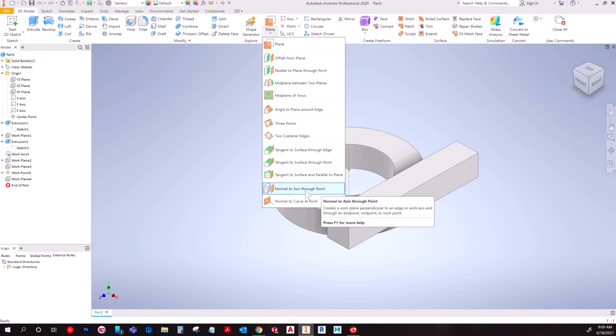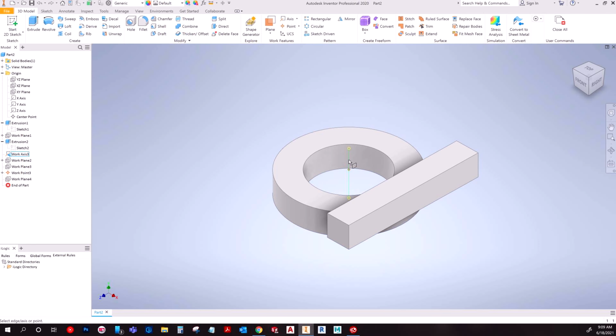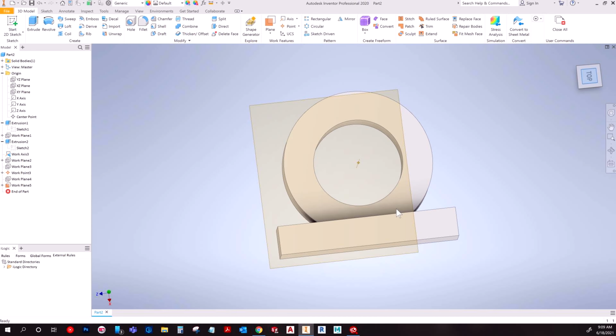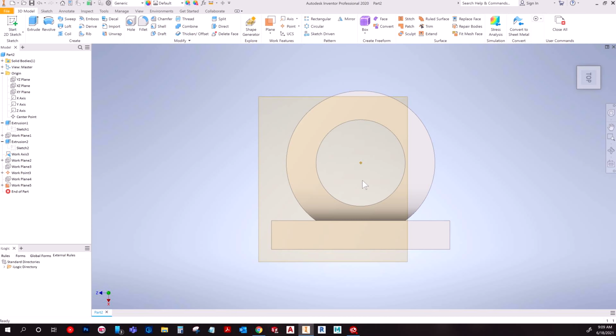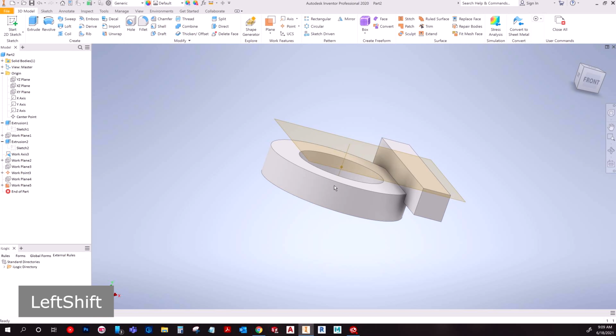Normal to axis through point. Okay, so same deal. If I were to go unconstrained to this point, I could choose this axis. I could also choose one of these ones that were given, and I can choose a point. And what it's going to do is make that plane where, FYI, if you don't have auto resize on, you can grab the corners and pull them. But say I were to look at a top view, this axis actually is piercing through the sketch, because